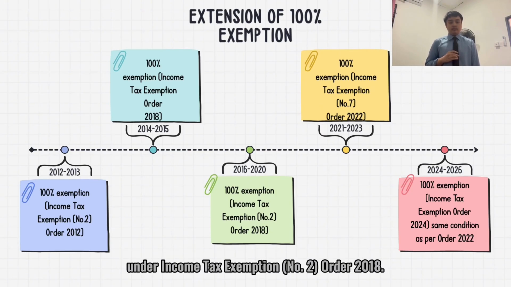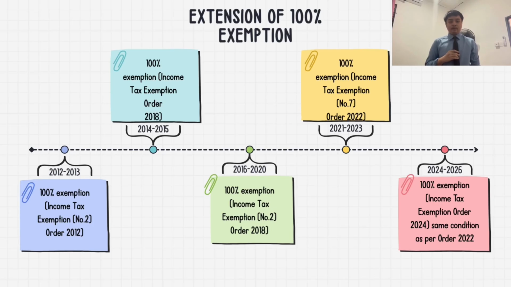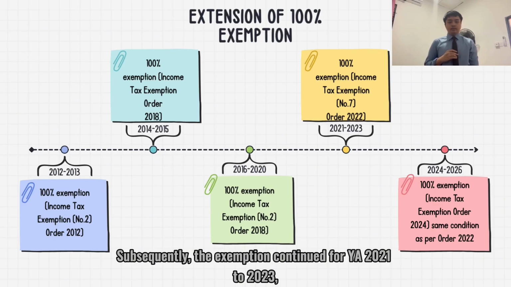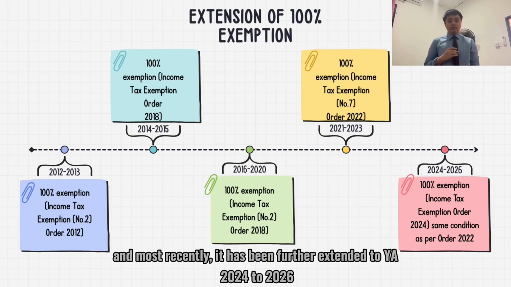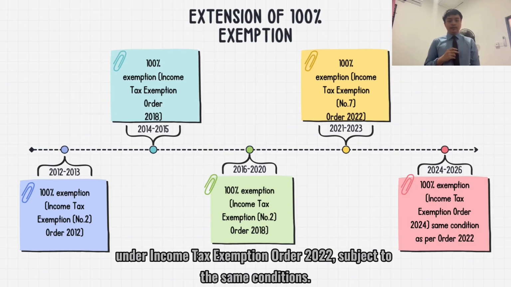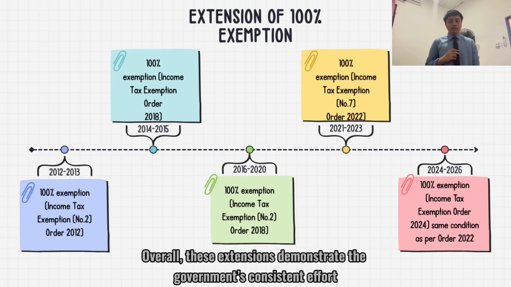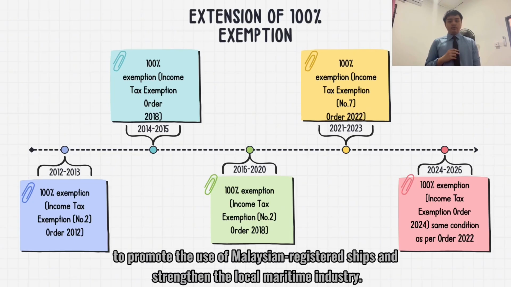under Income Tax Exemption No. 2 Order 2018. Subsequently, the exemption continued for year of assessment 2021-2023, and most recently, it has been further extended to year of assessment 2024-2026 under Income Tax Exemption Order 2022, subject to the same conditions. Overall, these extensions demonstrate the government's consistent effort to promote the use of Malaysian registered ships and strengthen the local